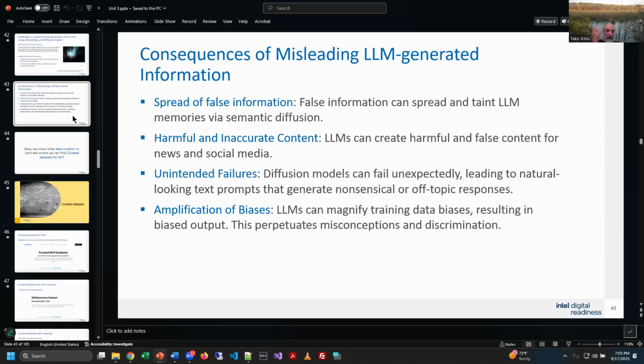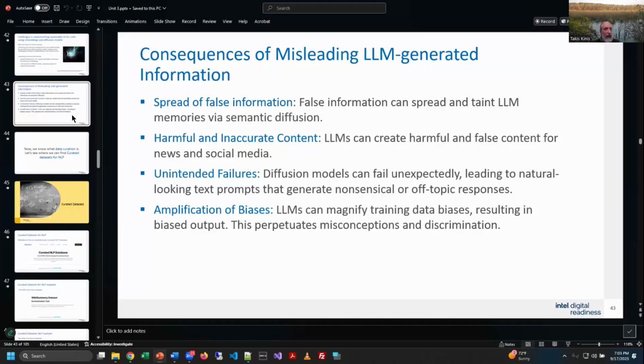You also get unintended failures, right? And they're pointing their finger at the diffusion models here. So you might ask a diffusion model to build an image of, I don't know, President Trump in a bikini. I'm just throwing something crazy out there, and it might not give you the right thing. It might show him in a one piece bathing suit instead of a bikini. I don't know, but that's a bad example. But you can have stuff that fails, right? It doesn't give you what you want. And a lot of it is in the prompt, but also a lot of it is in the information fed into the whole model.